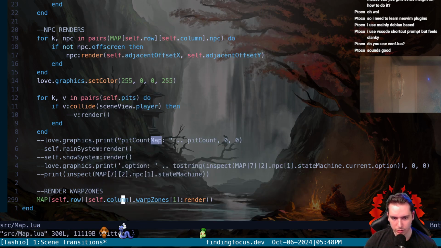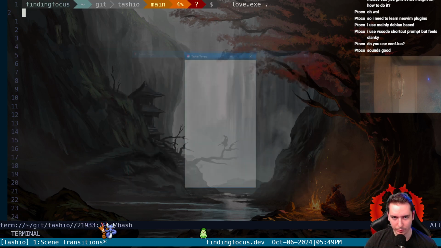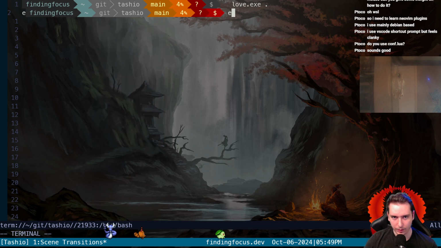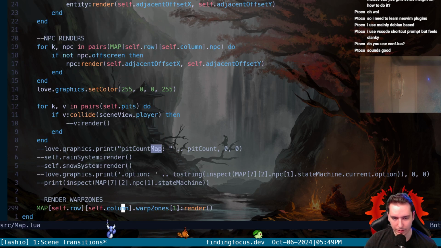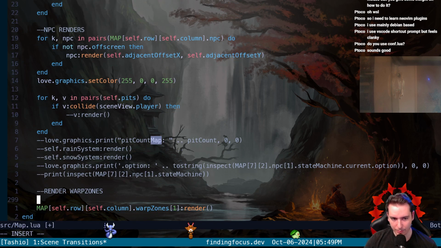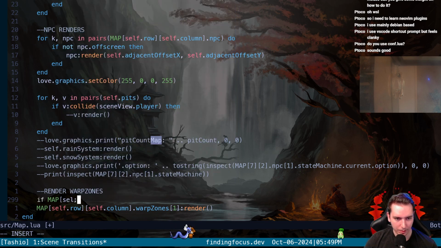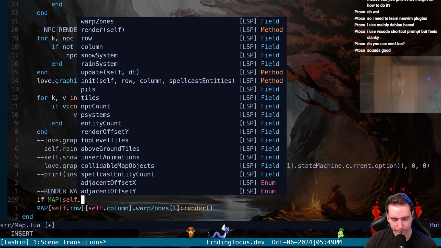And we potentially have more than one warp zone, but see how it's there, and then I think it'll crash, yeah. It'll crash because it's trying to render a warp zone that doesn't exist in the scene above it. So we want to say if the map at the current row column,